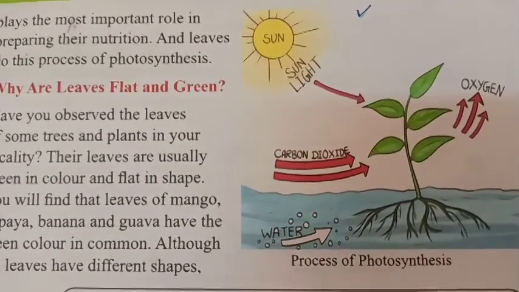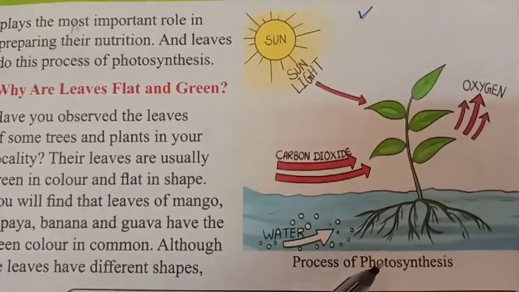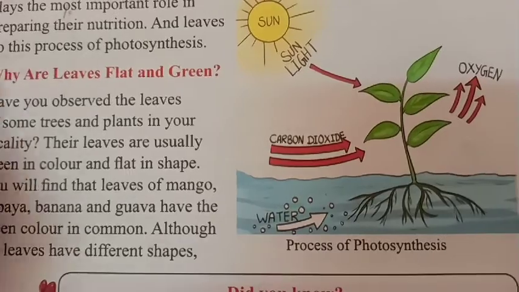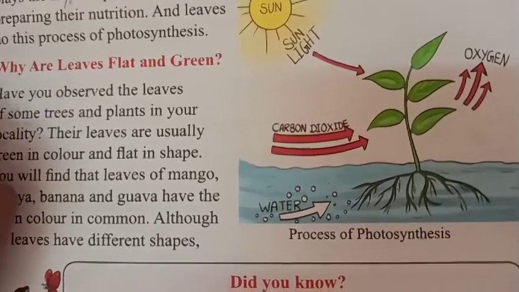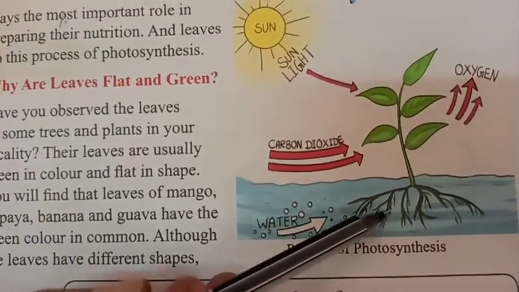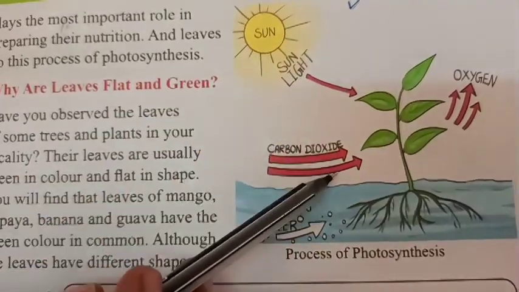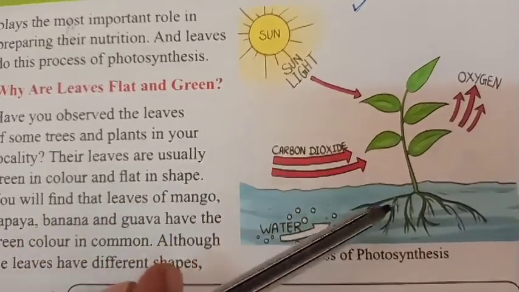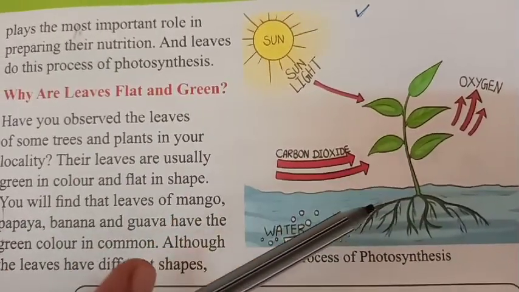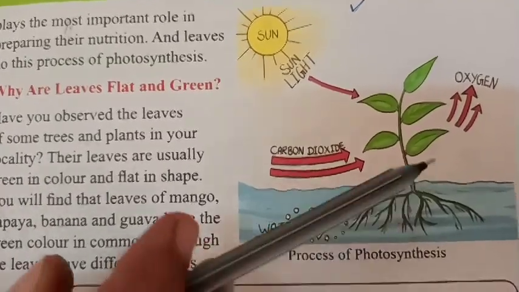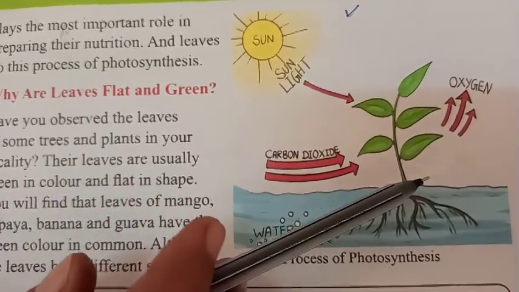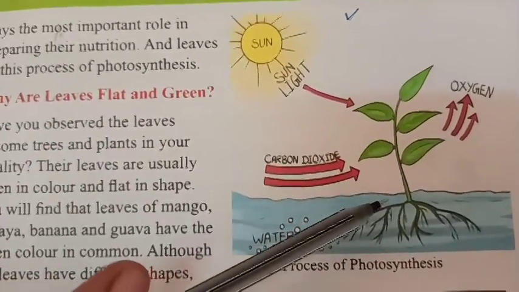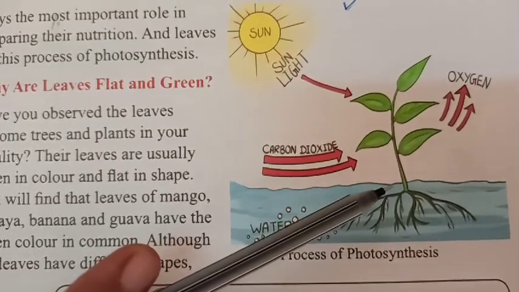So these all are the things about photosynthesis we have learnt today, and next time we will learn the next part. So you have to draw this diagram in your EVS notebook. Okay, on the white page. If you have a practical copy, you can draw it on the white page. If you don't have a practical copy, don't worry, you can draw on the lined page also. Okay, but this diagram is very important, and draw it in your EVS copy on the first page.